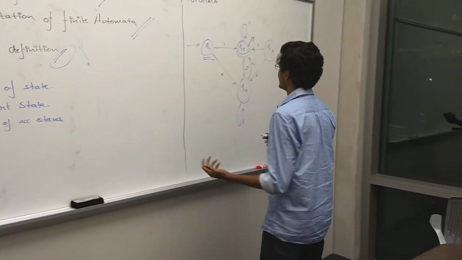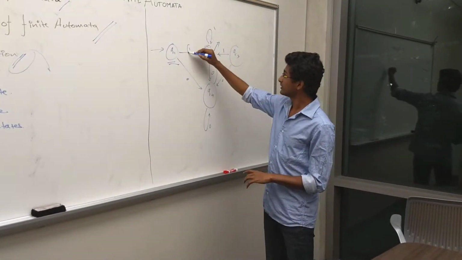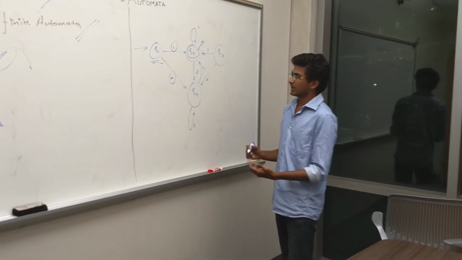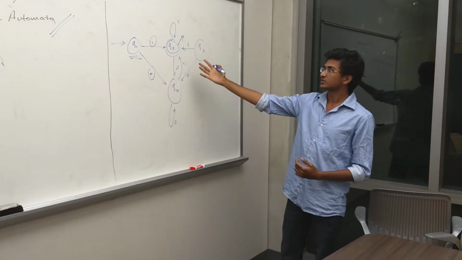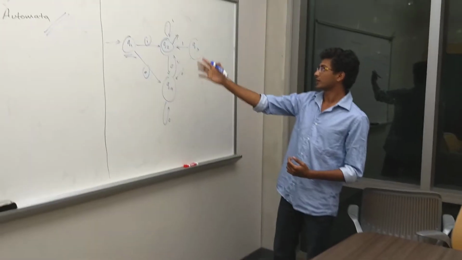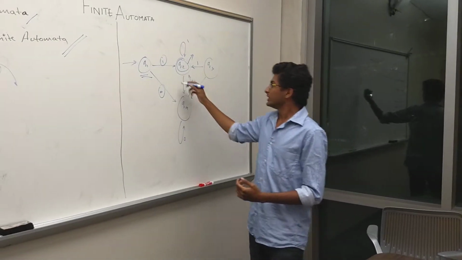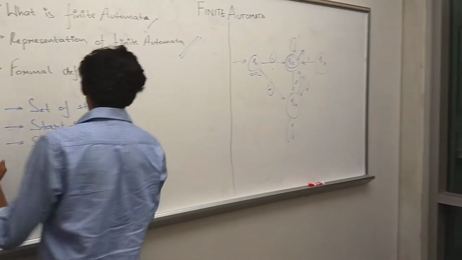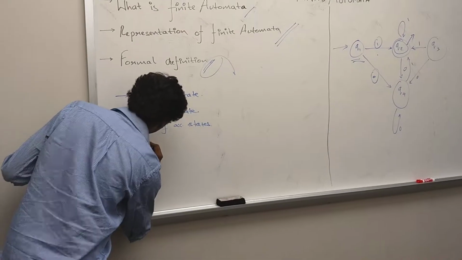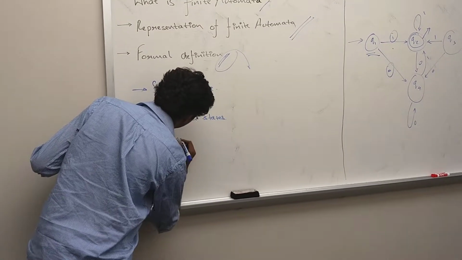And next, in this example, I've given binary inputs, but at the same time, I could have given any other language that the finite automata could read to transition from one state to another. So we need a language which is read by the finite automata. So you need a language,